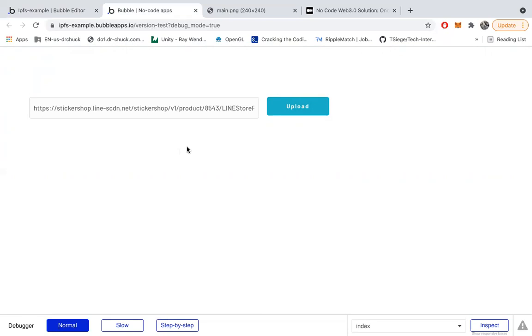So let's add a few more things to this existing app to give some more feedback to the user that our file has actually been uploaded. When a file is uploaded onto IPFS, it actually outputs a CID, which is kind of like an identifier for the file, as well as an IPFS URL to access the data. Let's output these values to verify our file has been uploaded.